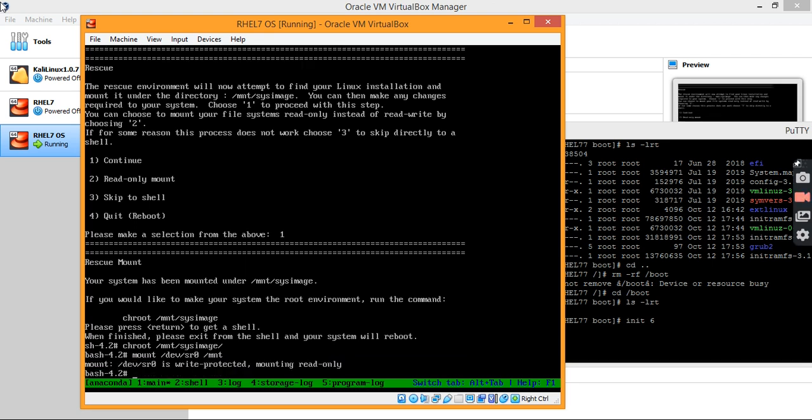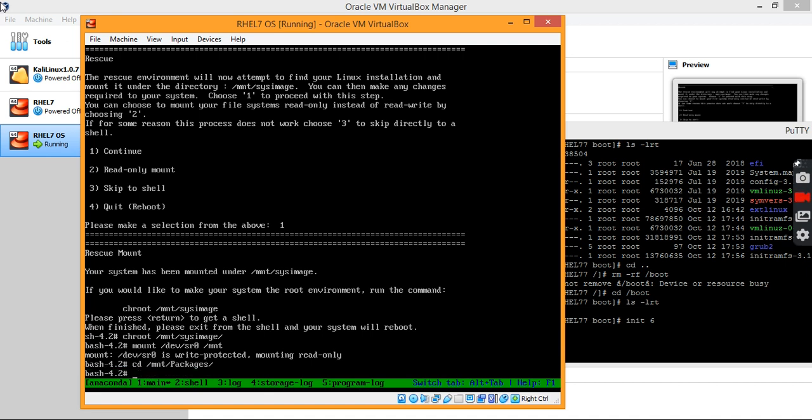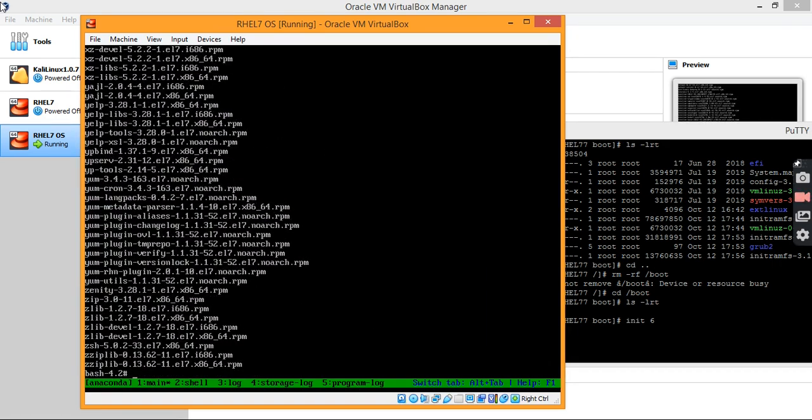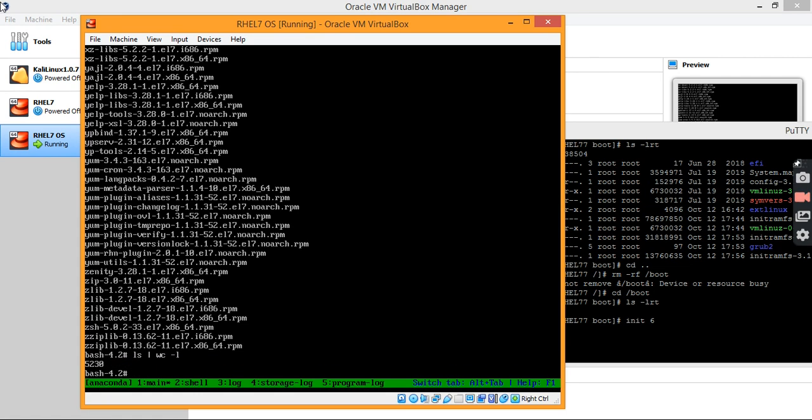It is mounted in read-only mode. You can see all the packages are available. This is the package count, 5230. So let's install the required packages.